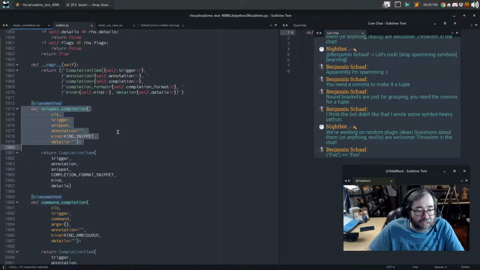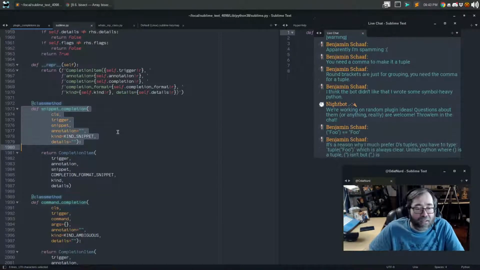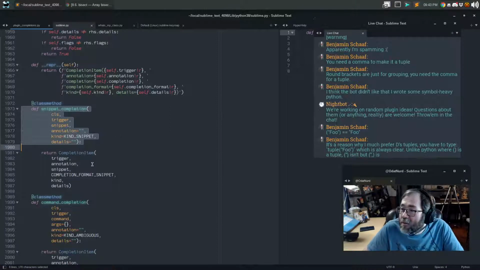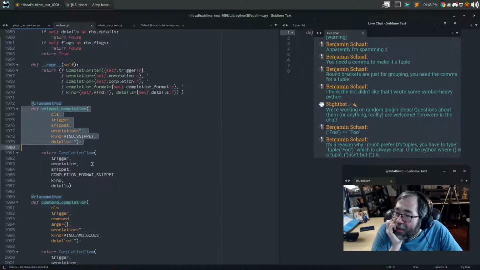The trigger is the trigger, the command. Oh, I'm looking at the wrong thing. Whoops. It's a reason why I much prefer D's tuples. You have to type tuple, which is always clear, unlike Python where braces is a tuple. But yeah, that's,